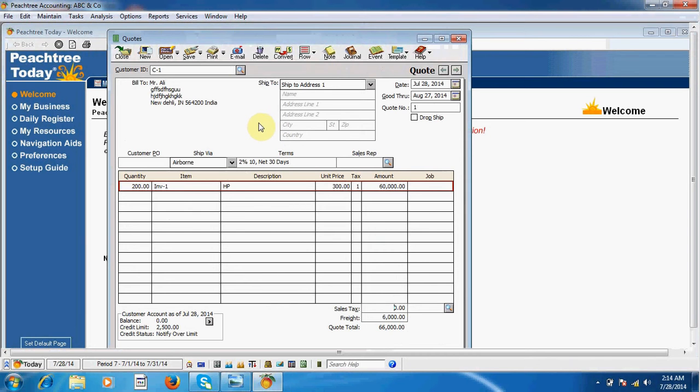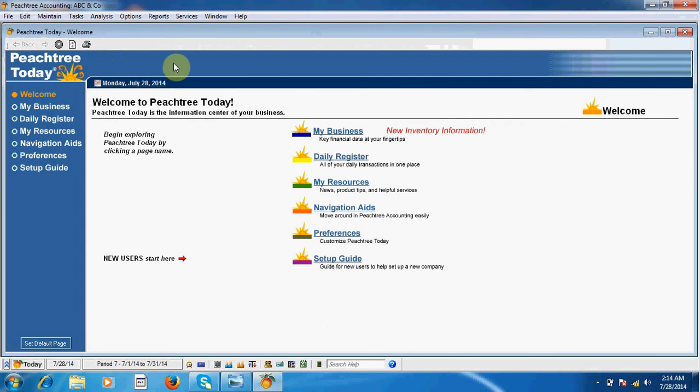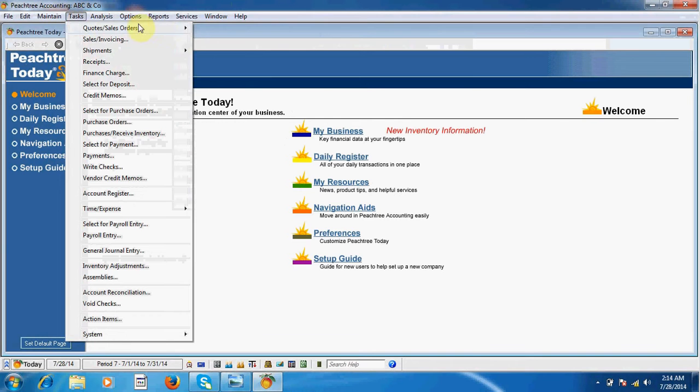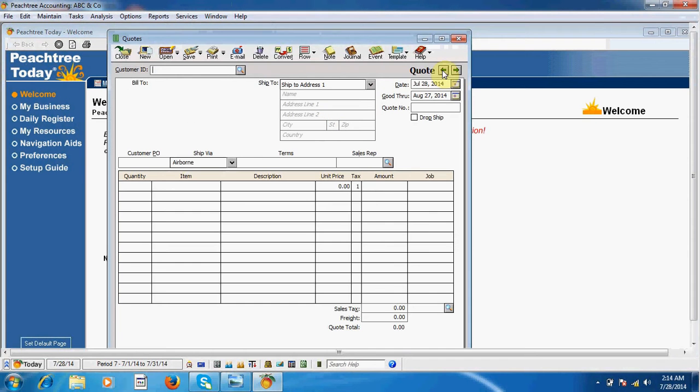Now everything is okay. I save this sheet and close it. I tell you guys, quotation is a way in which you can convert your quotation into a sales invoice. So there is no need to create a sales invoice. I open my quotation again, navigate to quotation number 1, and this is the convert